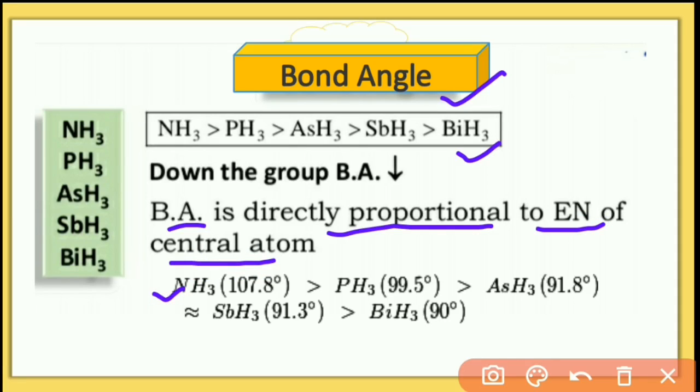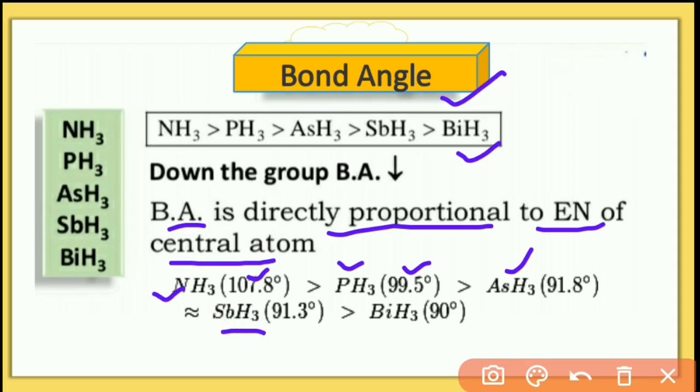So its bond angle is 107.8 degrees, and then phosphorus is less electronegative as compared to nitrogen, so its bond angle is lesser than NH3, 99.5 degrees, then arsenic 91.8 degrees, and the bond angle is almost equal to